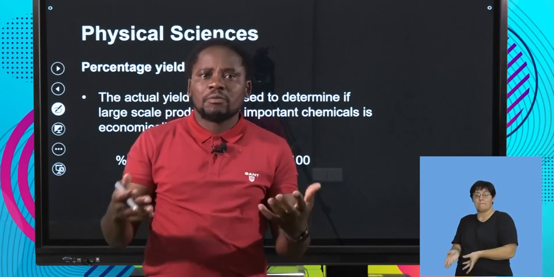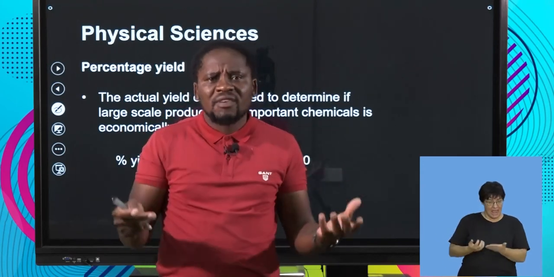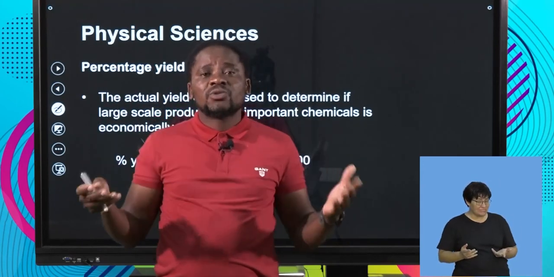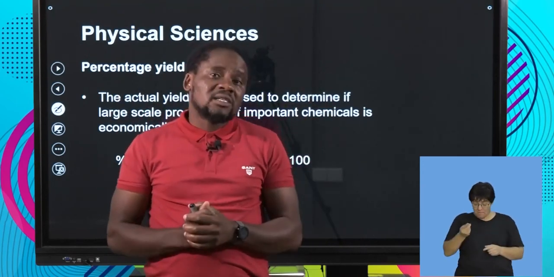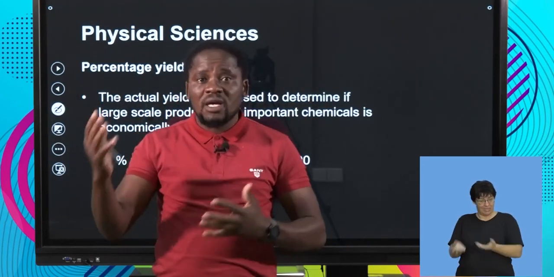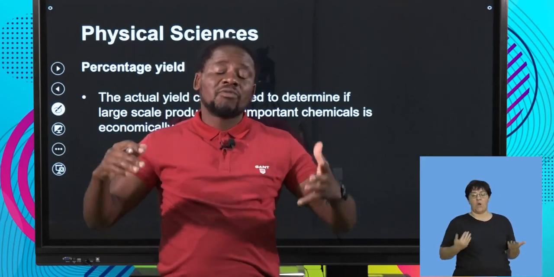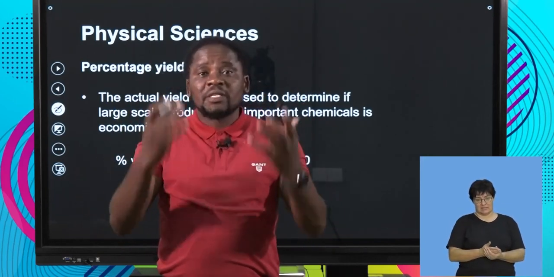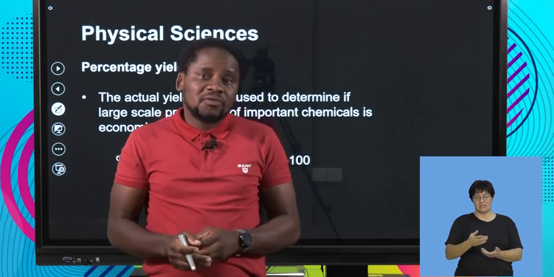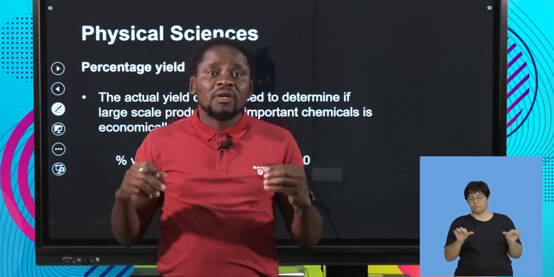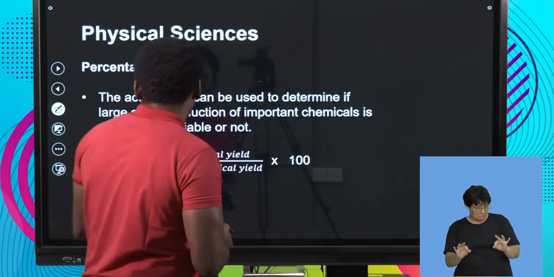Is this profitable? Is it economically viable? Are we using the costs attached to it? That also has far-reaching implications. So we need to think about that in as far as the application of percentage yield as a measure of economic viability of a process that is being carried out in a chemical reaction,